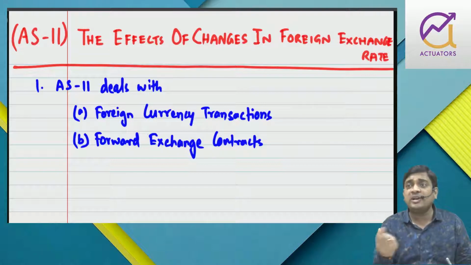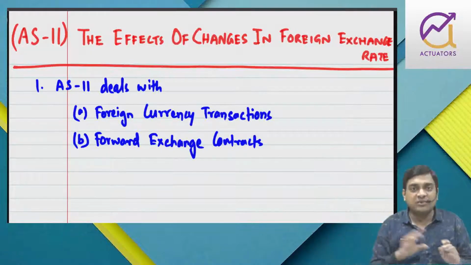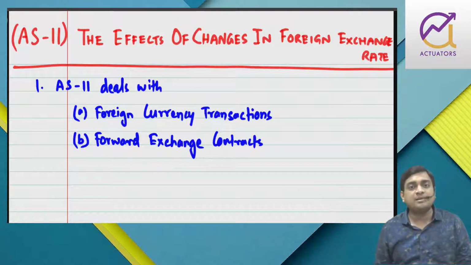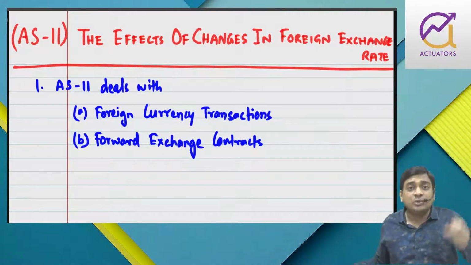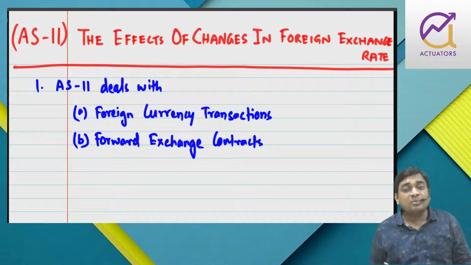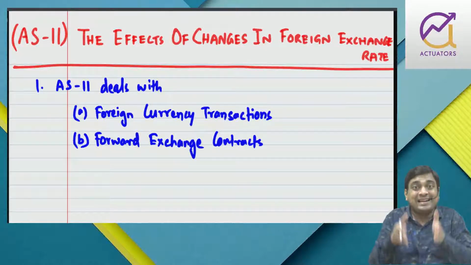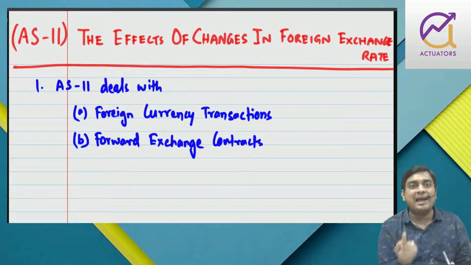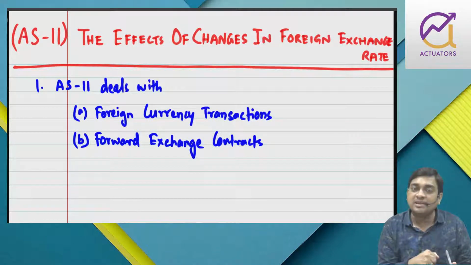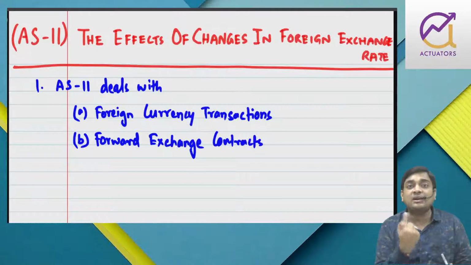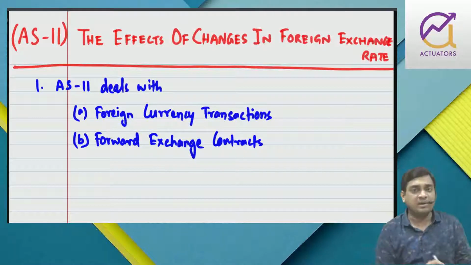Say, for example, today's spot rate is 70 rupees per dollar, and I have to pay $1 lakh to that foreign creditor. When I record that transaction in my books, I will be using today's exchange rate, that is 70 rupees per dollar. As a result, if such liability is settled today, in order to pay $1 lakh, I have to give 70 lakh rupees, because $1 is equivalent to 70 rupees and my total purchase value is $1 lakh. So 1 lakh into 70, that is 70 lakh equivalent Indian rupee.